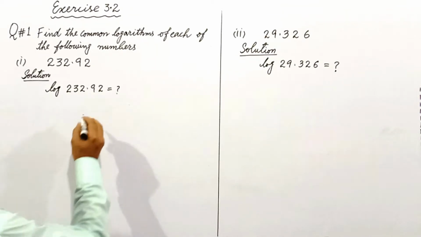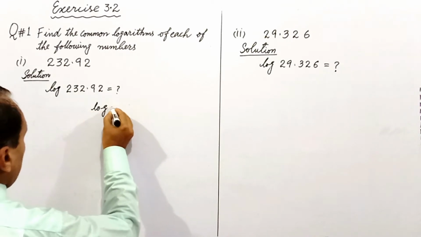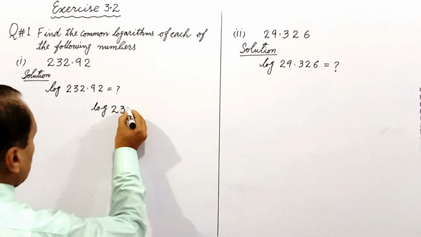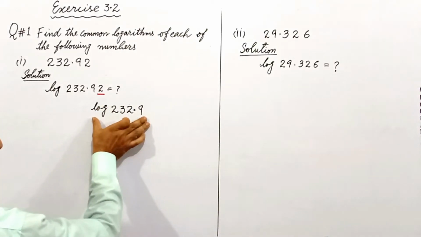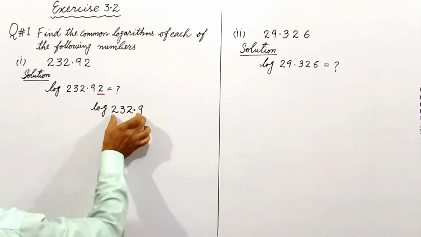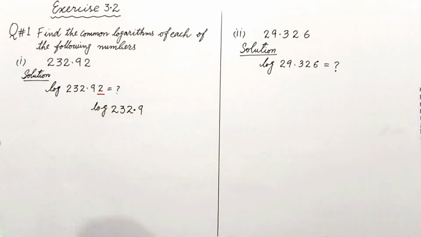So that is logarithm of 232.9. The value is reduced to the 4 significant digits, 232.9. So we are required to find log 232.9. As we know, the logarithm of any number is equal to the sum of characteristic and mantissa. So we have to find out